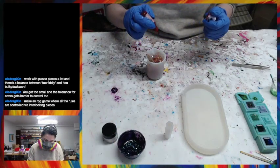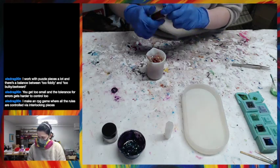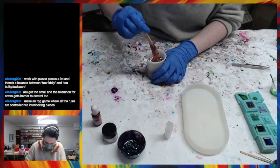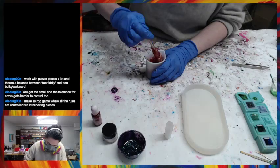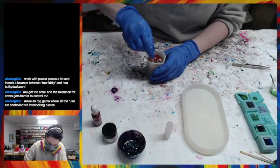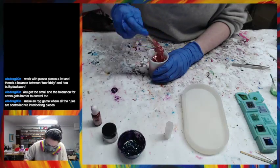Alright, let's add a couple drops of red. I said a couple and then did 3, which is not a couple. A couple's 2. We're gonna add 3. Because I want to turn this resin red. Alright. Get this all mixed up. And then I'm going to add a little bit of...